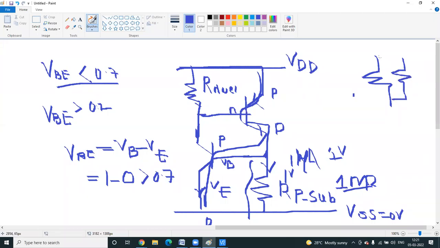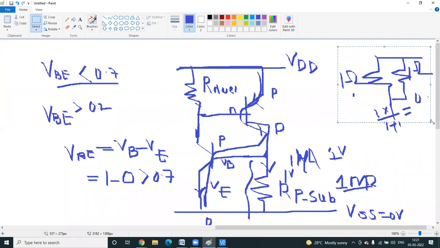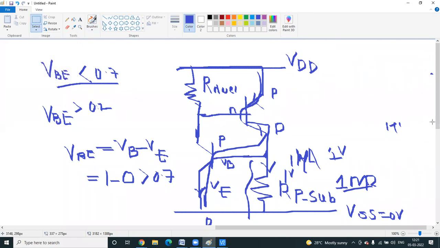We are adding some resistance here. Suppose this is 1 ohm, another 1 ohm. If it is parallel, how much? 1 into 1 divided by 1 plus 1, 1 by 2, that is 0.5 ohm. So it is reduced. Series is additive, whatever is in parallel, it will be reducing. That is the concept. Similarly, doping concentration means the resistance will be reduced and conductivity will be increased. So resistance reduced, let us assume reduced to 0.1